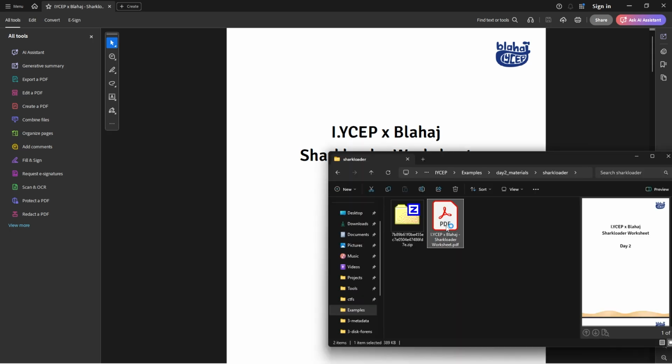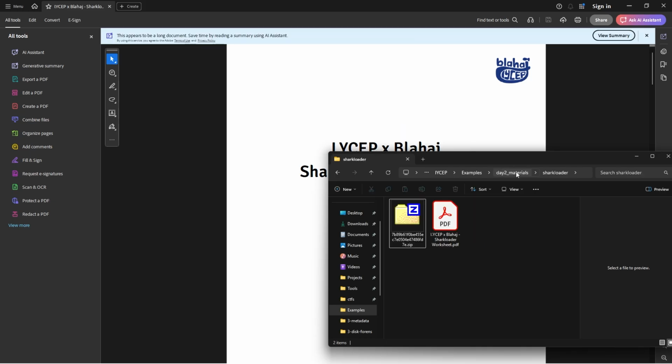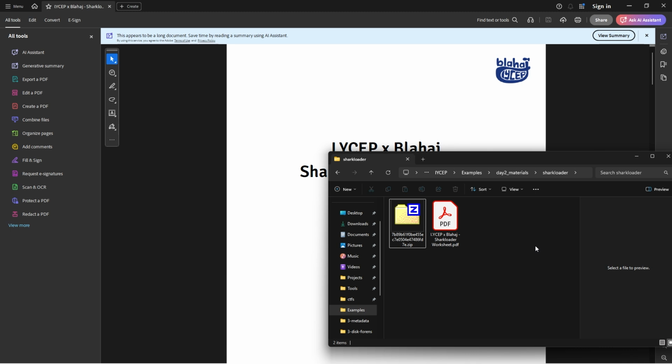No, what? What do you mean example 1? Day 2 materials, shark loader. Where did we list that? Did we put that anywhere? Oh, I mean it is but like I was gonna make a